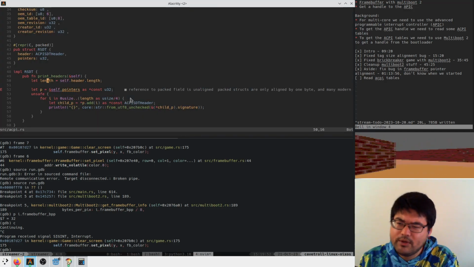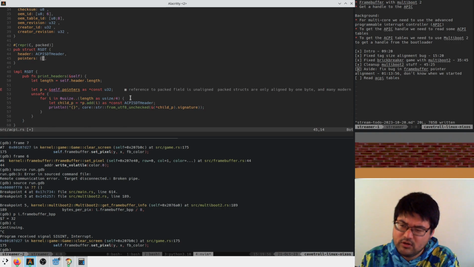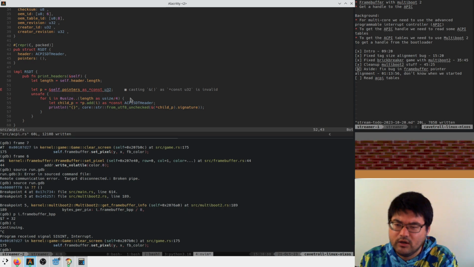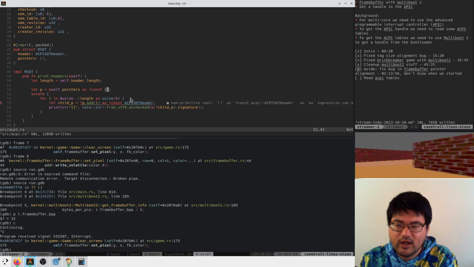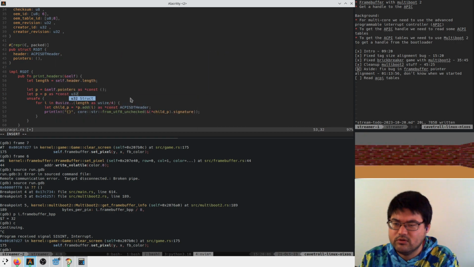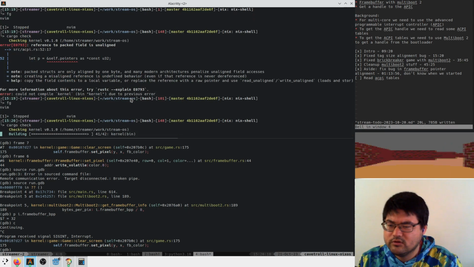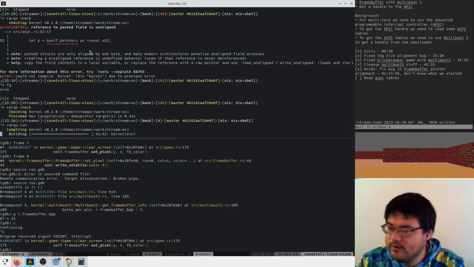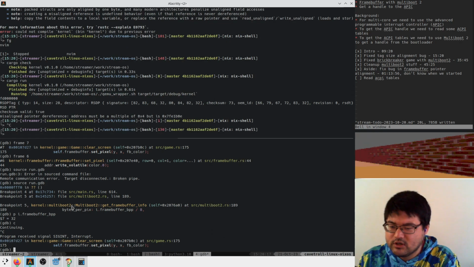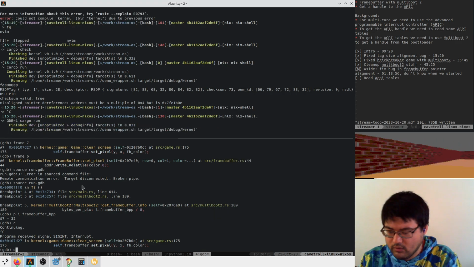So how do I make sure? I guess maybe I can make this a null type and pass this to this guy and say let p is equal to p as const u32. Okay, that gets me somewhere. That is still gonna crash. Okay, so now let's actually start running with GDB, and we can start seeing where we're going wrong.